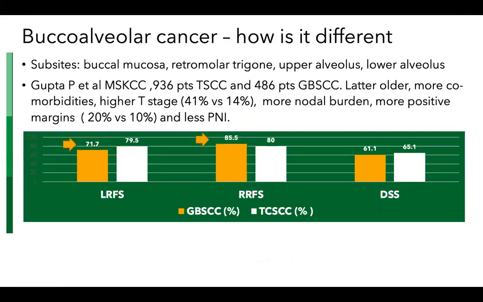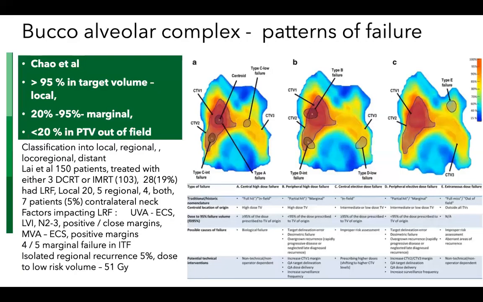And then, of course, before drawing the target, we need to be aware of the pattern of failure. So as compared to tongue cancer, in this group of 936 patients reported from Memorial Sloan Kettering, we find that the locoregional relapse-free survival is 7 to 8% less in patients who have gingival cancers vis-a-vis tongue malignancies. The disease-specific survival and the local regional relapse-free survival are both poorer in gingival sulcus patients, underlining the importance of local control and therefore the importance of drawing the local target properly.